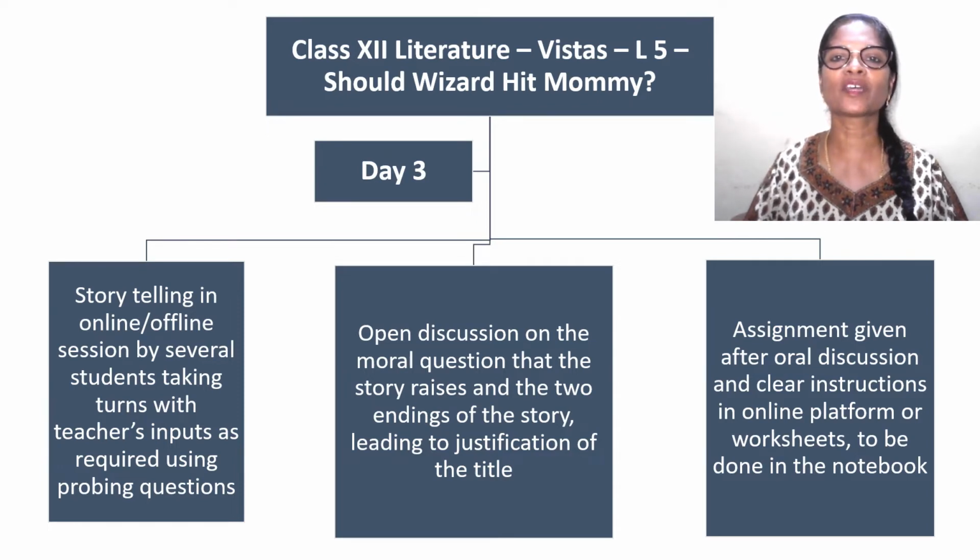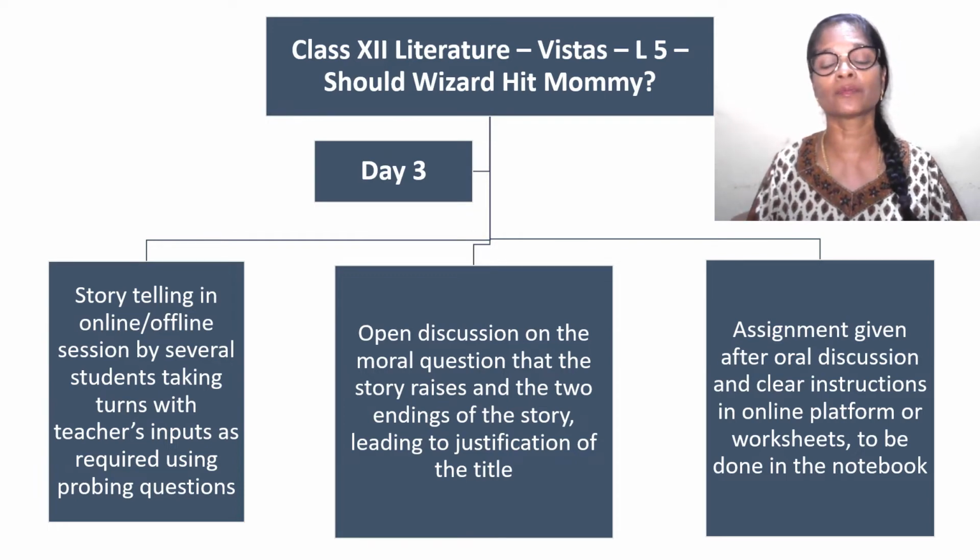And the open discussion on the moral question that the story raises. Now that part is very important. The story by itself, I think any child can easily tell the story after reading the text. The story of Jack and Claire and their children, and then the story of course, Roger Skunk. But why this story in class 12? Now that analysis, leading to the justification of the title as to why the title itself is a question, should be an open discussion in the class with brainstorming.